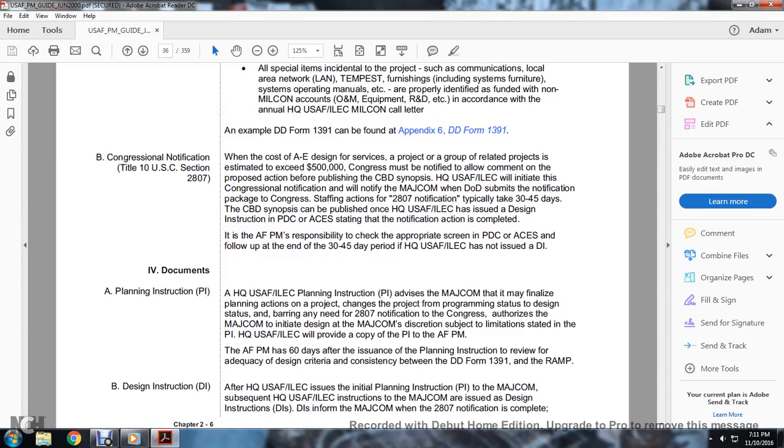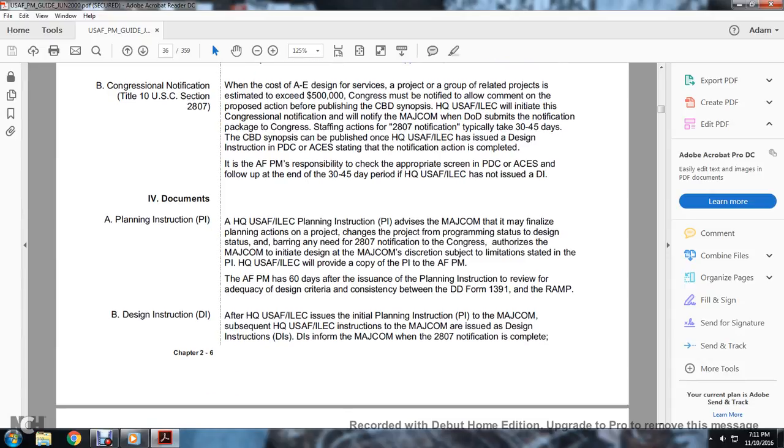Headquarters U.S. Air Force Engineering Corps will provide the planning instruction to the Air Force Program Manager. The Air Force Program Manager has 60 days from issuance of the planning instruction to review the adequacy of the design criteria, consistent between the Department of Defense 1391 and the Air Force required and management proposals. Management design instruction. Air Force Headquarters, U.S. Air Force